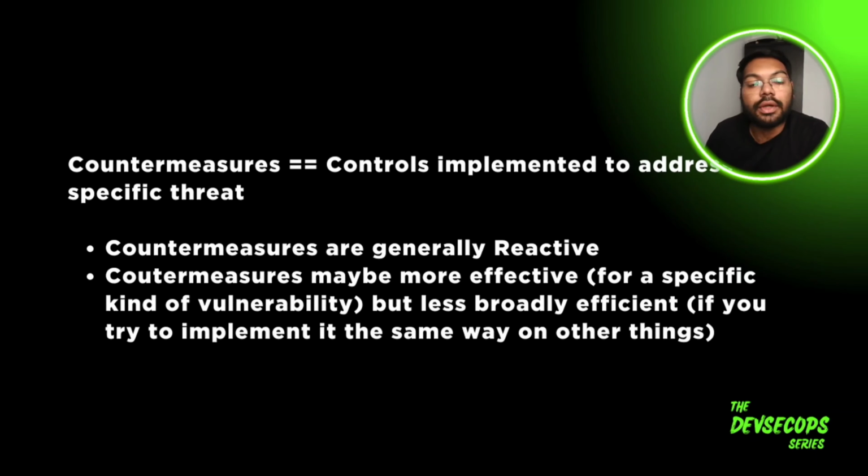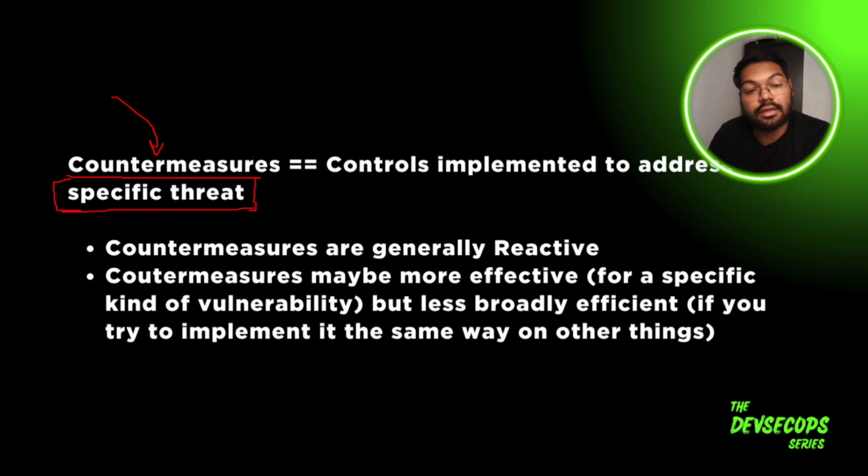So now we have seen security controls. Then what is this thing which we call a countermeasure? A countermeasure is a kind of control which is implemented to address a specific threat. Let's say we have a network-related threat which can cause a DDoS attack on you. It is a specific threat, and you can only do a few things to address it. You need to configure a WAF, a firewall, a rate limiter, or something of this kind that will reduce this particular threat. So it is called a countermeasure for a DDoS attack.